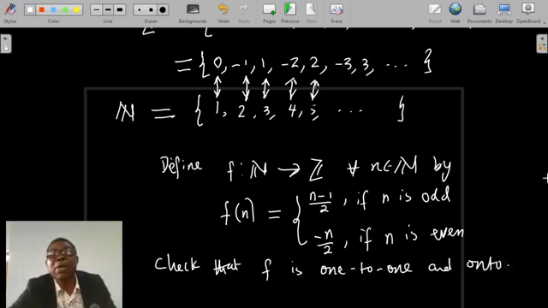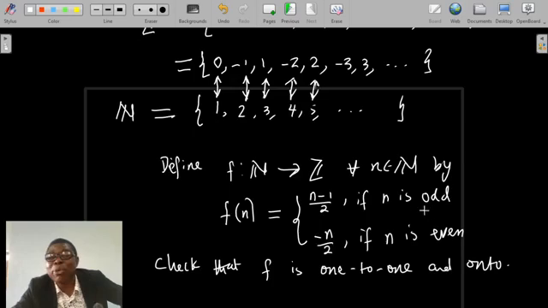I've already explained it pictorially, but it's good we try it by analytic exercise. The best way to go is to consider three cases. Case 1 is taking n1 and n2 in the set of natural numbers. Consider the first case as the case where